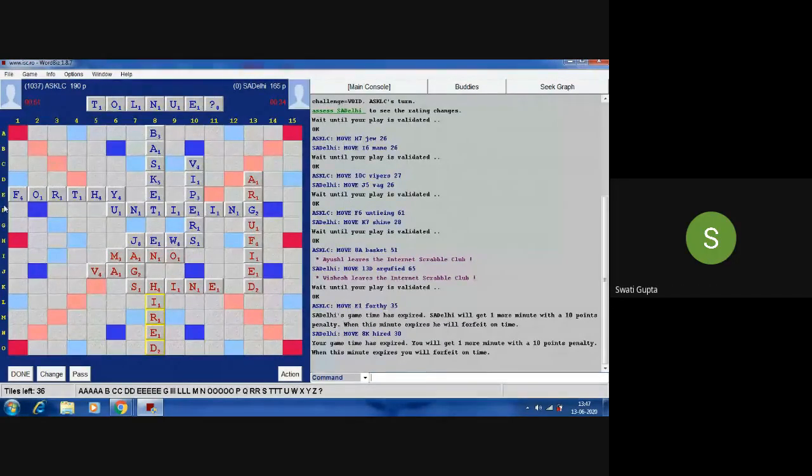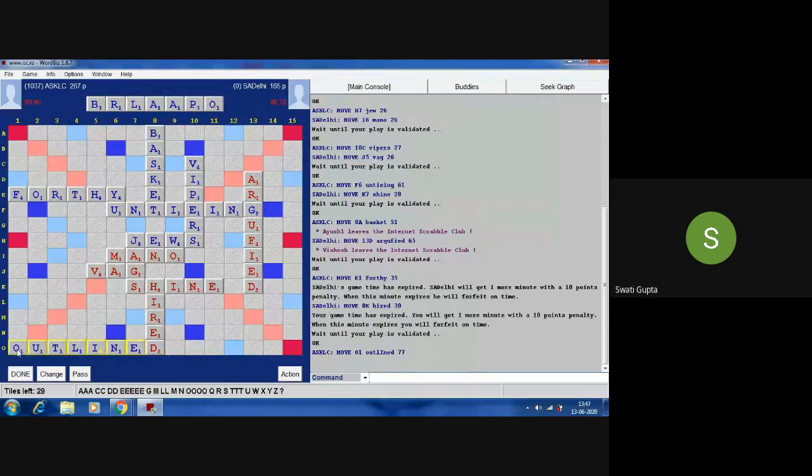Okay. And then we can just very quickly analyze the game. So, I think we're going for... okay, so I have been thoroughly thrashed by Swati. She's made a bingo. And my rack is okay. I have got ODEMIGZ. This is what I have got.